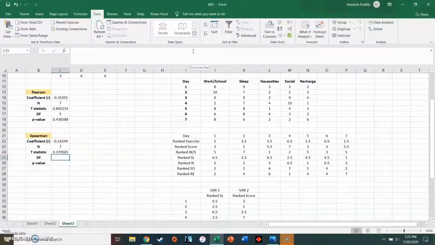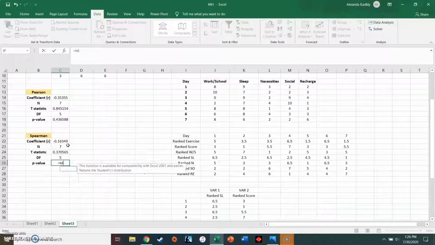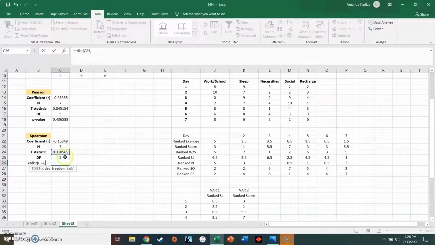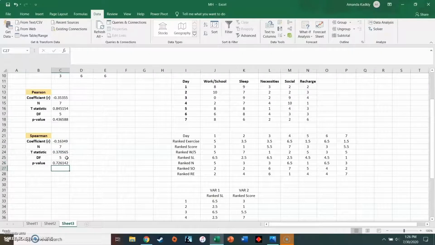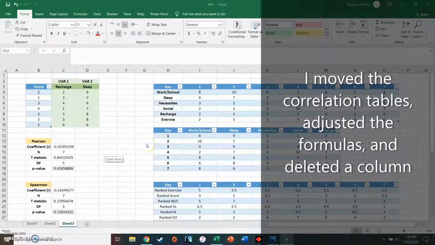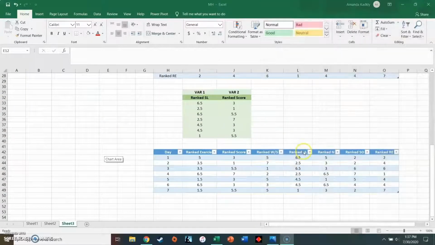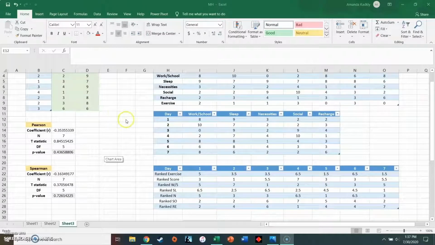And we can calculate the degrees of freedom in the same way, n minus 2 in this case, and we'll use the TDIST function. We'll put the test statistic there, degrees of freedom, and this is two-tailed. So now I just went ahead and cleaned up my spreadsheet and made some nicer looking tables so everything looks a little bit better. And the last thing we're going to do is create a chart